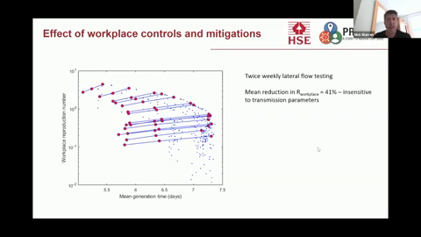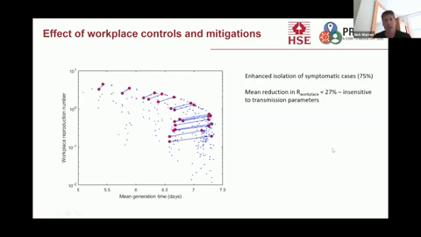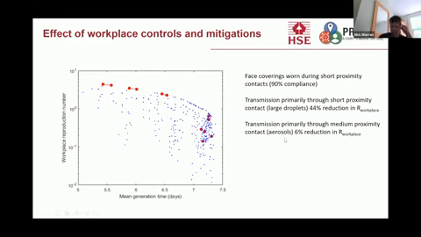And if you up the frequency, we move to lower reproduction numbers and shorter still generation times. Isolating the cases has a similar sort of effect. So this is moving from 25% of symptomatic cases isolating to 75%. It reduces our workplace reproduction number by about 1/4. That doesn't depend upon what the transmission parameters are, or what the routes of transmission are. But you can see that the effect on the generation time does depend upon the particular combination of transmission parameters chosen.